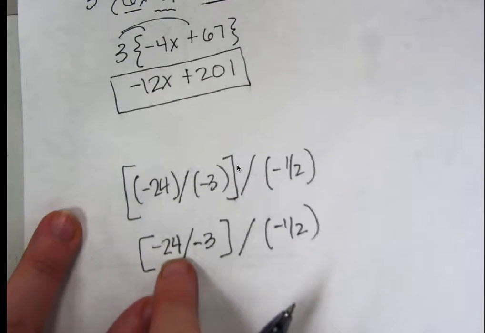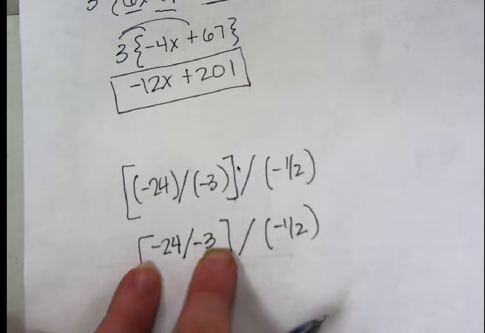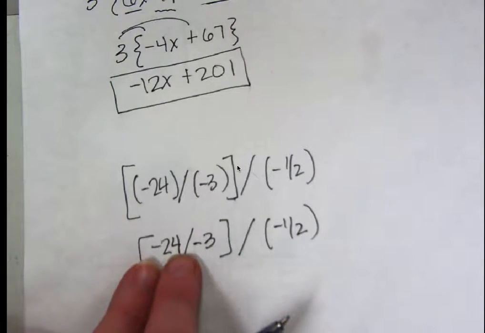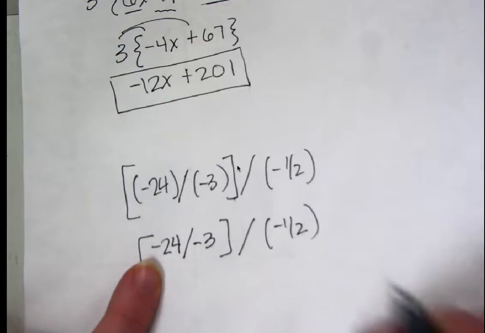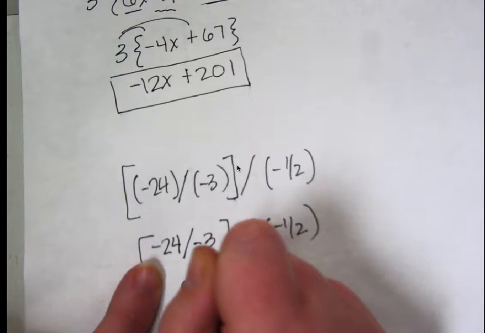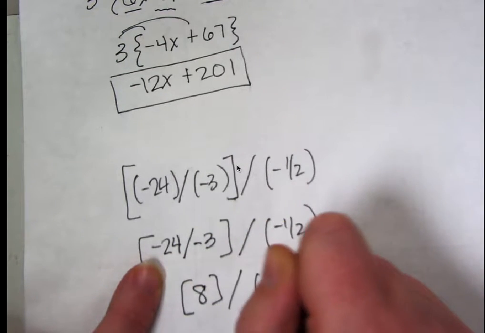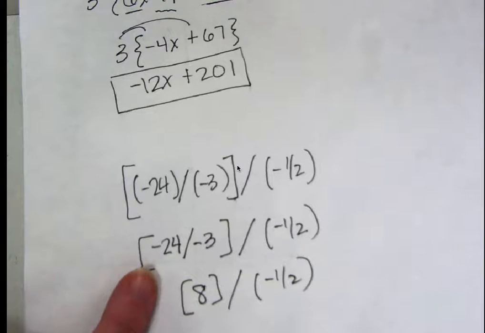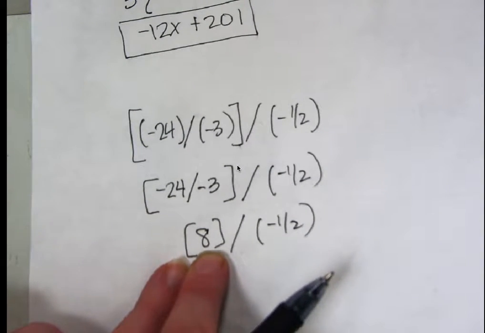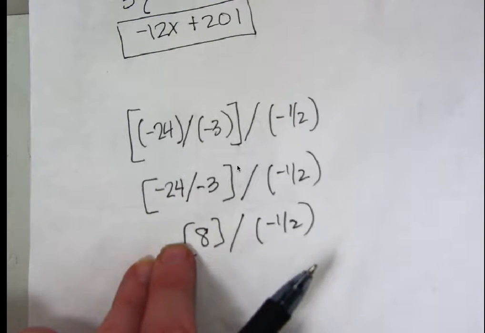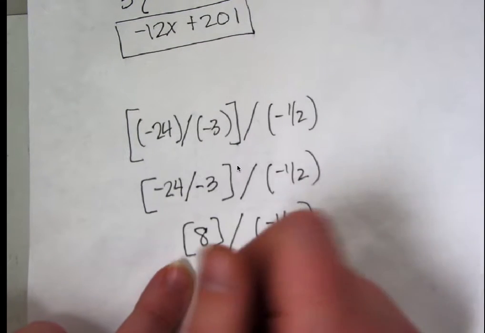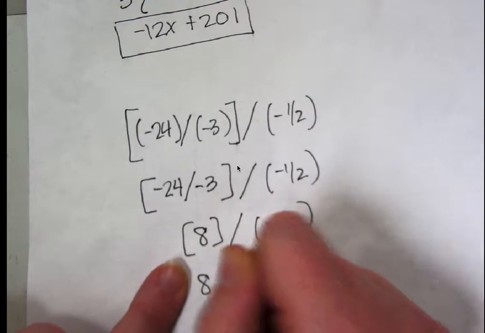Okay. Negative 24 divided by negative 3. If you take a negative divided by a negative, you get a positive, and 24 divided by 3 is 8. So it's a positive 8 divided by negative 1/2. Okay. I look at the 8 and I notice there's no coefficient, there's no power, so those brackets are useless. I can just say 8 divided by